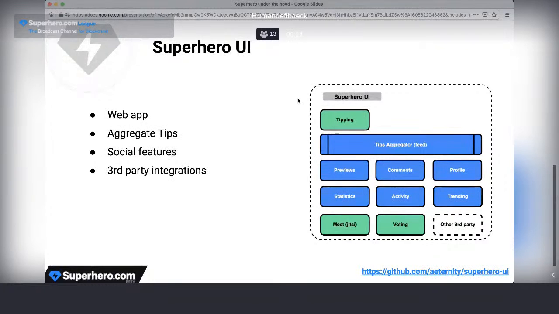The Superhero UI is basically the thing that you see on the superhero.com website. It is a Vue.js web app that displays the aggregated tips in the smart contract and has some